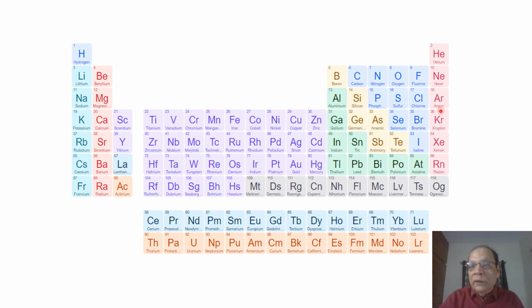These are noble gases. We don't know much about the properties of these elements starting with 109 ending on 118. We don't know. These are metals with unknown properties. The reason is that we don't have bulk of them to study. We have only been able to create a few atoms, 10 to 15 in number.